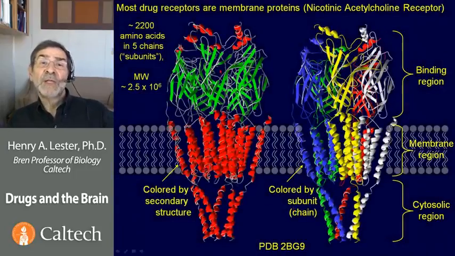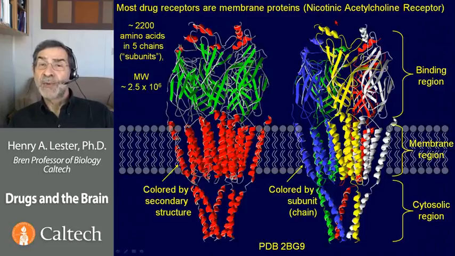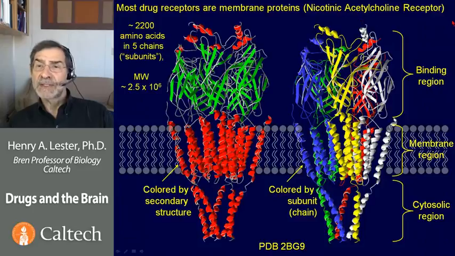Then we'll move on to the topic of drug receptors. The example that we will return to several times in this course is the nicotine receptor, formerly called the nicotinic acetylcholine receptor family. Here again is a protein database link that gives you the file which can be displayed this way. We'll talk about the various parts of the receptor protein, and if we now focus on one particular part